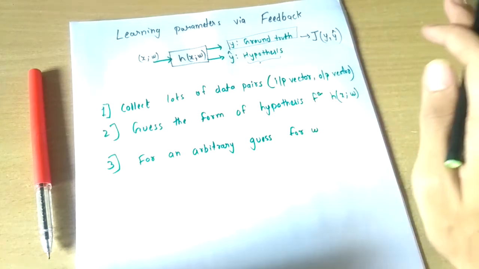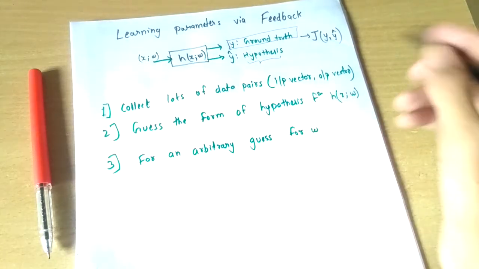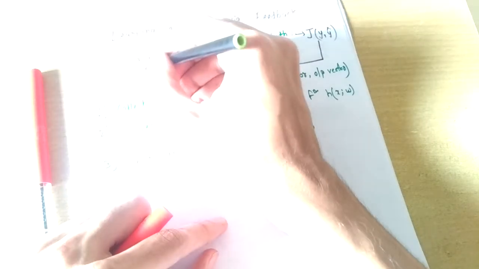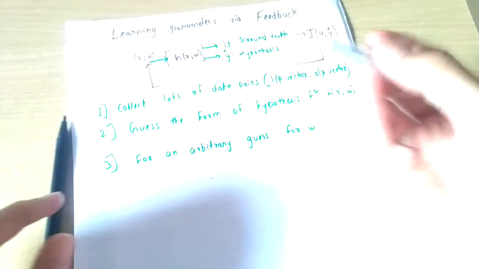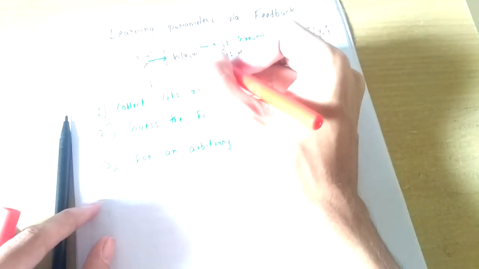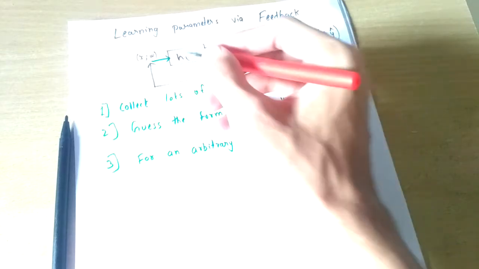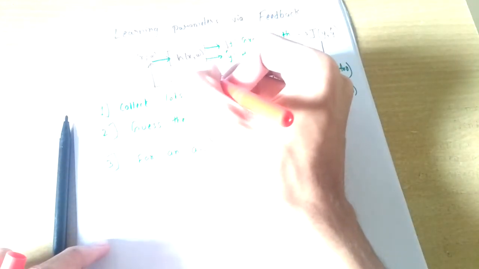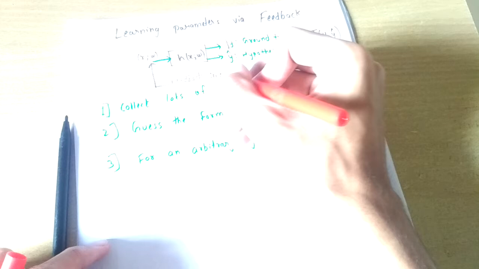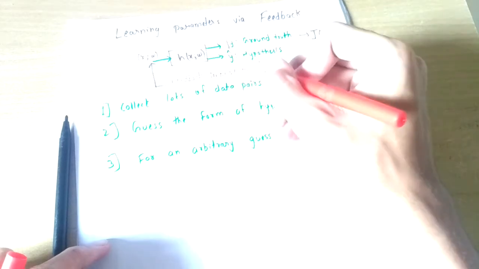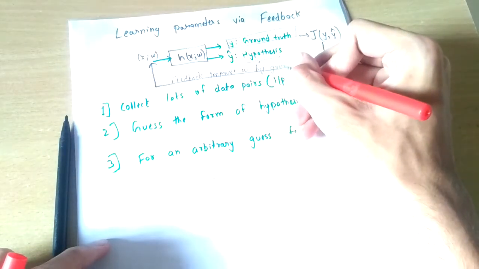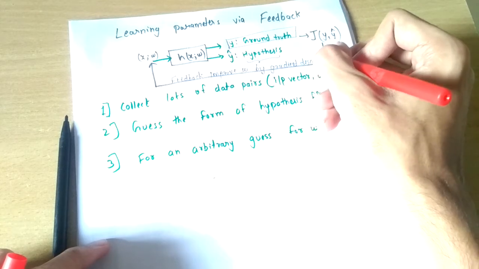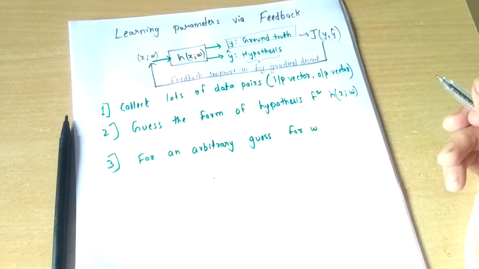So it is a function of y and y hat, right? And now the ultimate task of machine learning is that we have to minimize this loss, and this can be done via feedback. How will we do it? Obviously, our parameter which can be scaled is w, right? So it is nothing but feedback. It will improve the w, and we will use one algorithm which is called gradient descent. We will be discussing gradient descent in the next lecture.